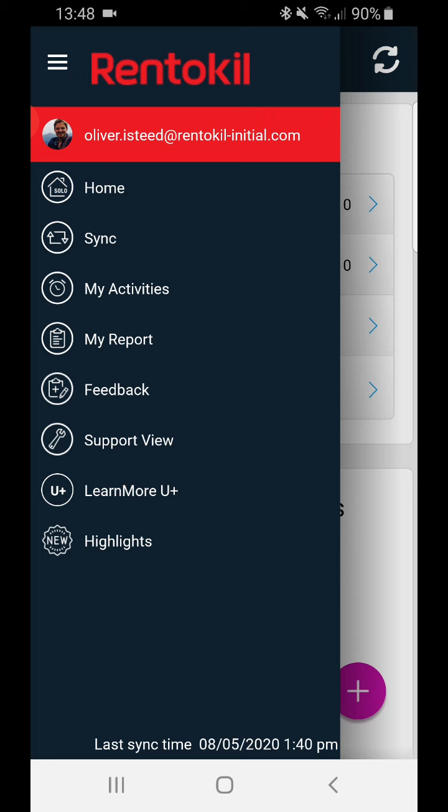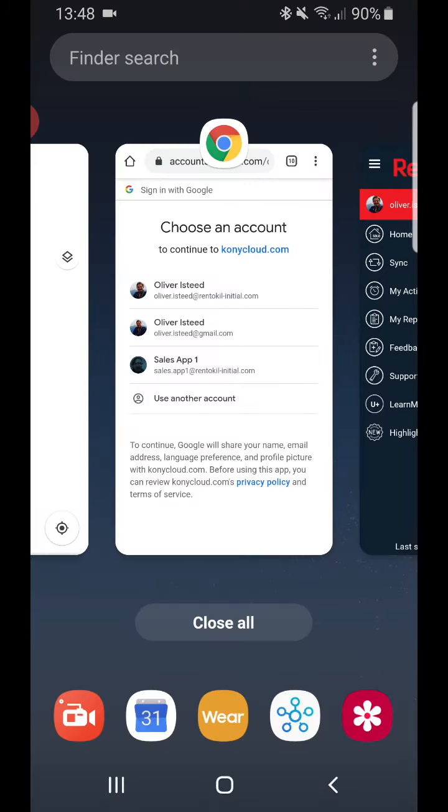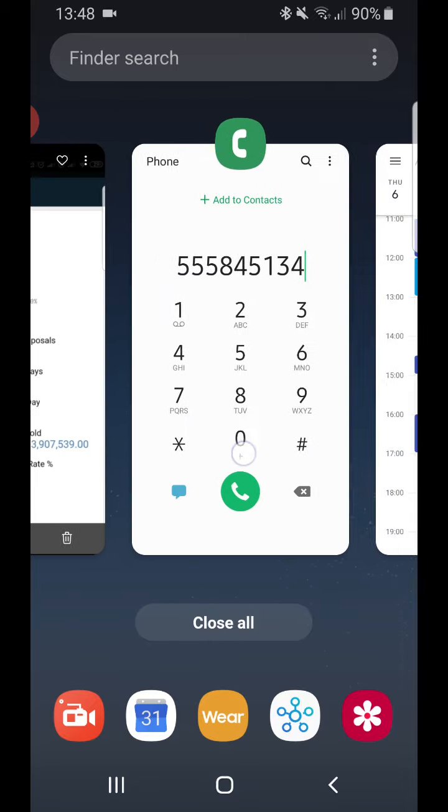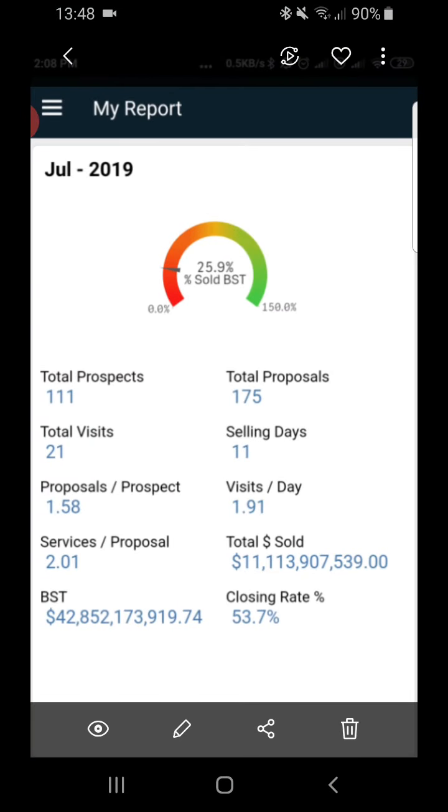So from the home menu on the left hand side, we have a thing called My Report. Once you click on that, you'll get a screen that looks something like this. So for the current month, it will show you how you're doing against your target as a percentage. So in this case, I'm not doing very well. I'm only 25% to my target. So I've got some work to do. And it will give you just some key little stats that might help you improve your performance. You can see